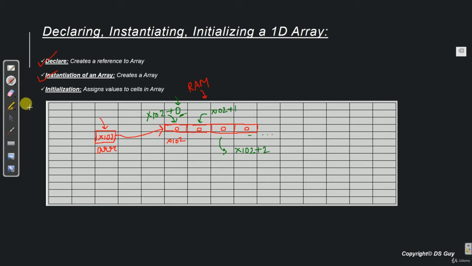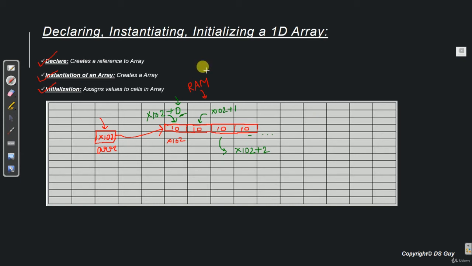Now let's get back to our original topic, which is creation of an array. So till now we have declared an array and instantiated an array. Now the third step is initialization of an array. What we mean by that is, if we want to give any value to any of the cells in this array. Right now the compiler gives a default value of 0, but let's say we want to give a value of 10 in each of these cells. That is nothing but initialization. So after initialization, our array looks like this. It has 10 in all of the cells.